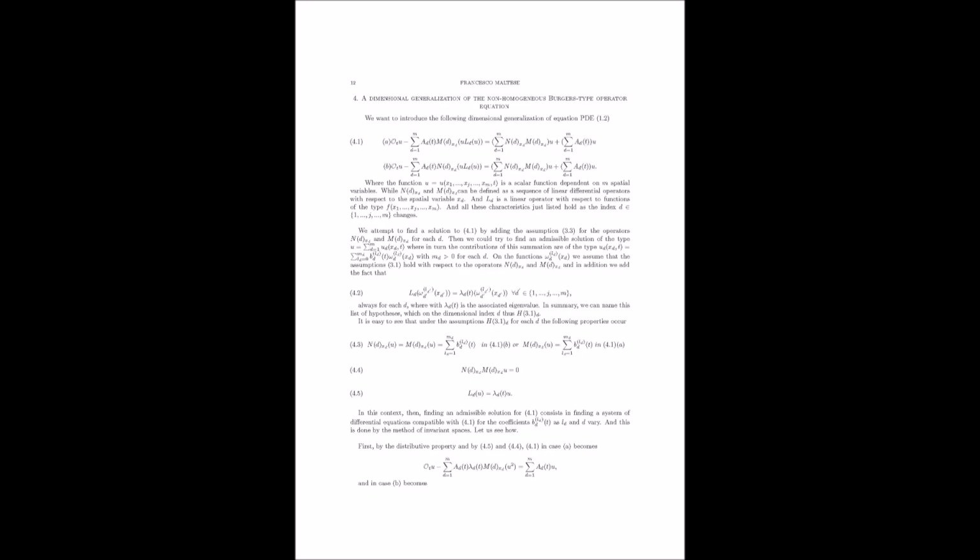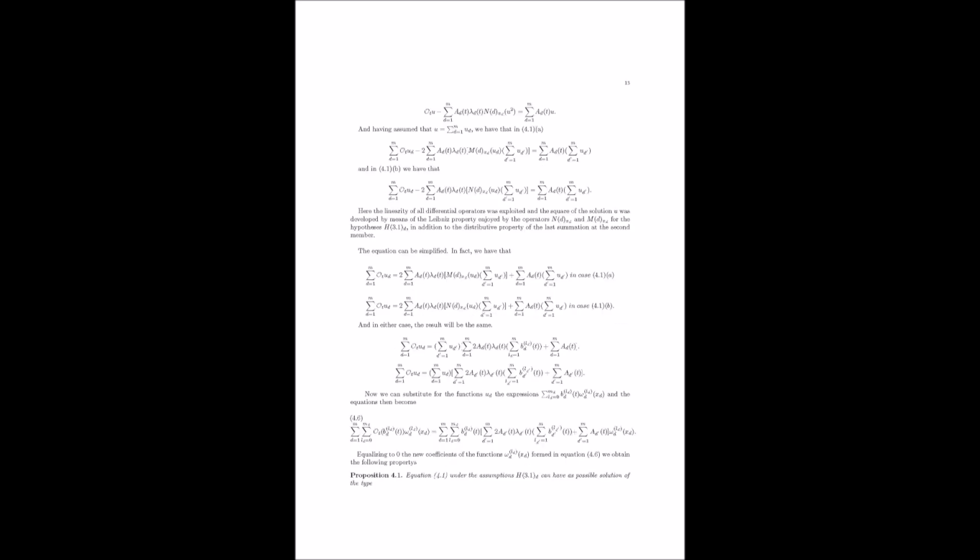But let's shift our focus to the final application. Example 10, where Maltese explores the generalized Burger's equation on a Ricci soliton. Excellent. Ricci solitons are these fascinating geometric objects that evolve over time while maintaining a certain self-similarity. Okay. Kind of like a shape-shifting creature that always retains its fundamental form. Imagine a clay sculpture that morphs and flows, yet always preserves its essential features. That's a captivating image. It makes these abstract mathematical objects feel a bit more tangible.